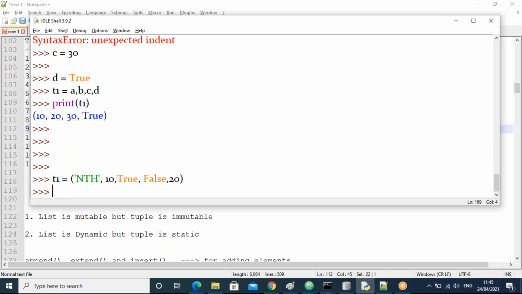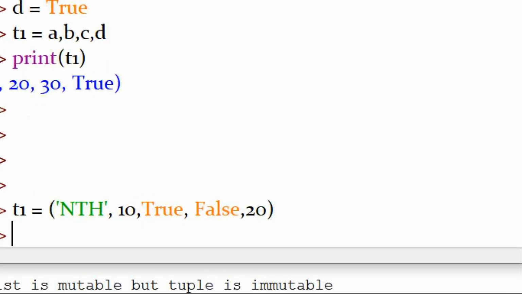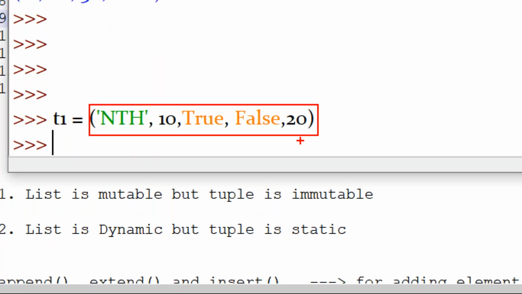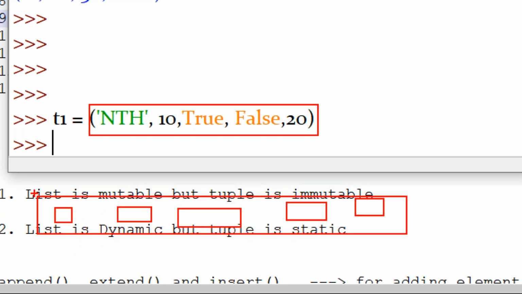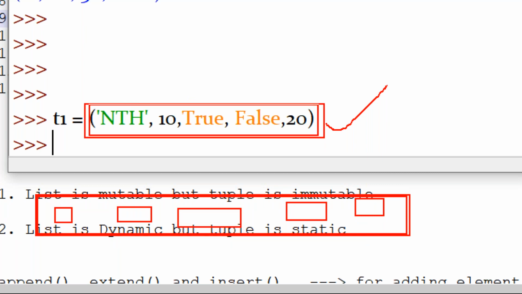Now I want to unpack, guys. Unpack means I want to distribute the data from this tuple into different variables, right? Into different objects, guys. So here, how many new variables are required? Tell me now. That depends upon the length of the object, right, guys? How is the length here? Length is 5.